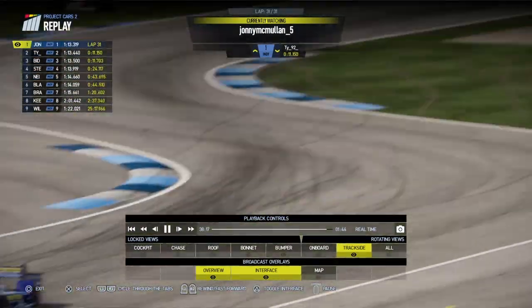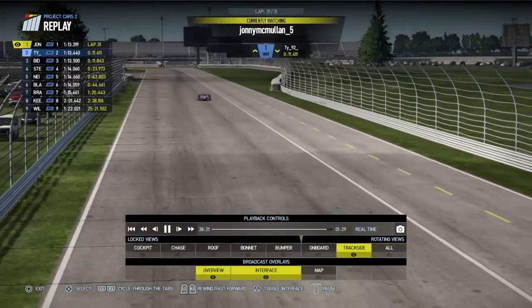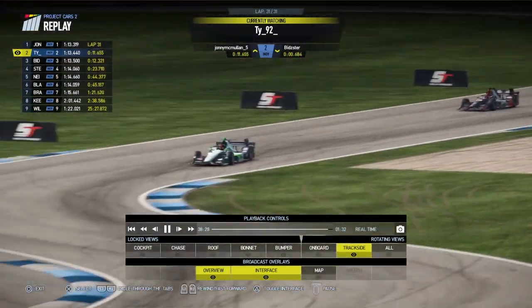But meanwhile, Johnny McMullen is on it halfway around his last lap of the race. Looking good for his first win with LPB Racing. So we'll see what happens after the race, but on track he's doing a very dominant job here so far